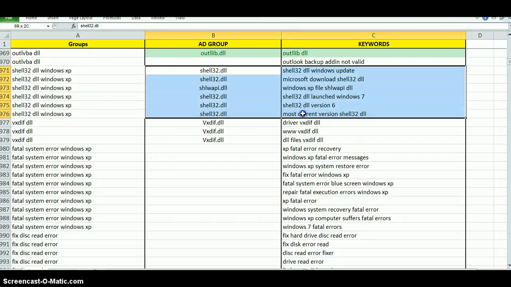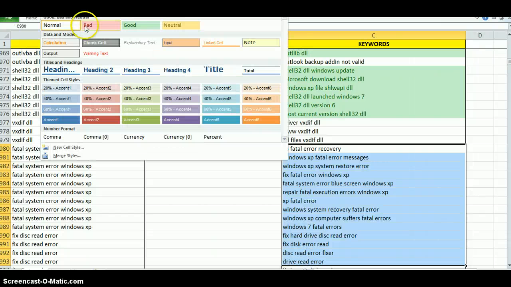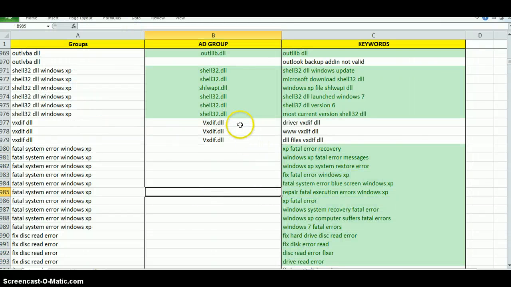Yes, shell 32 is a valid file also. And the rest are all on to the move out, so they should be marked as green. And this one we should